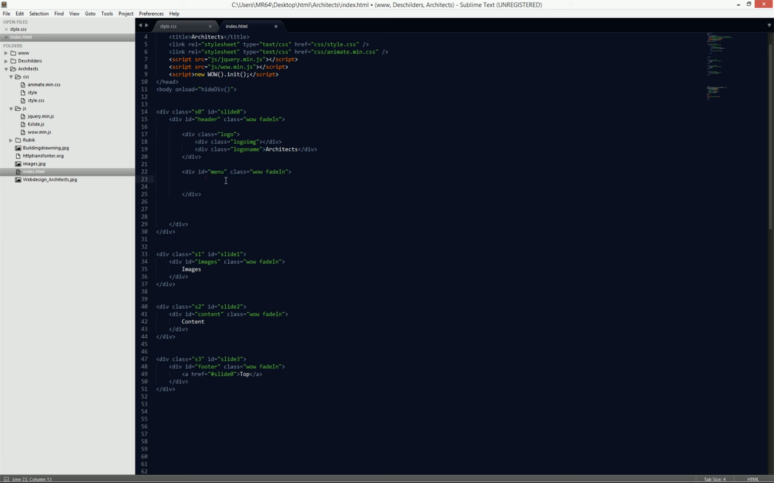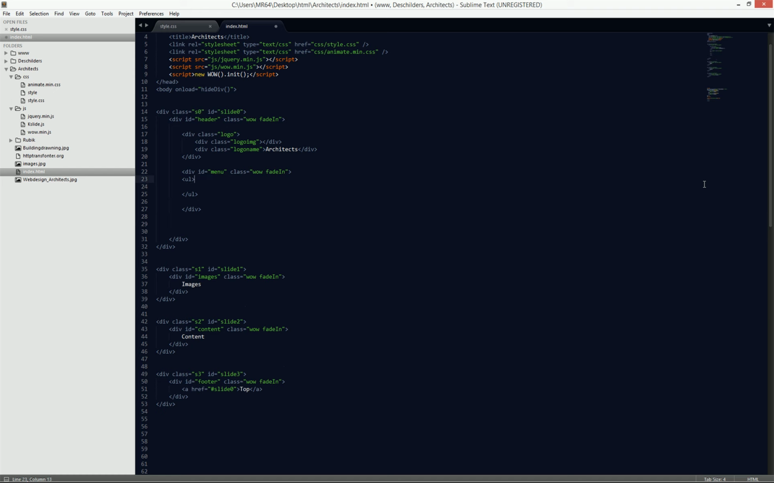Of course you can use it for other purposes, doesn't matter really much. Inside my menu I have a UL, which is basic stuff if you learned HTML, and inside of this UL I will just line them up. Inside of this UL you have your links,